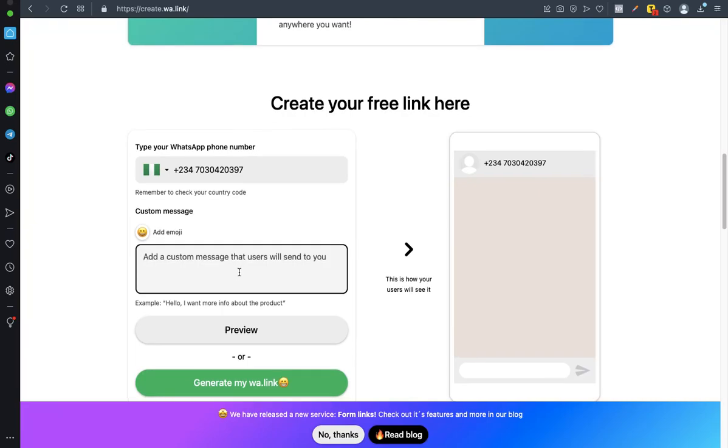You can say, hello, I would like to purchase this vacuum cleaner. Below my details, then you can create something like name. You are telling them to add their name, their